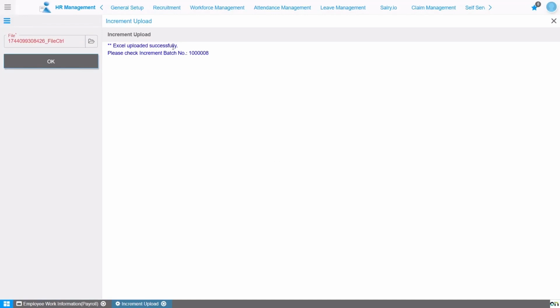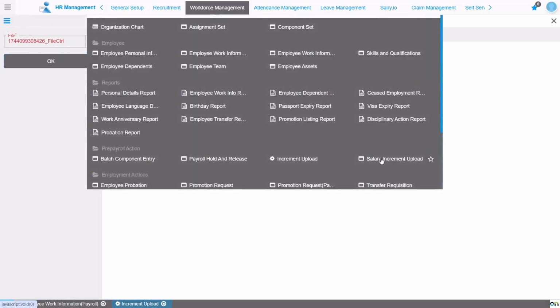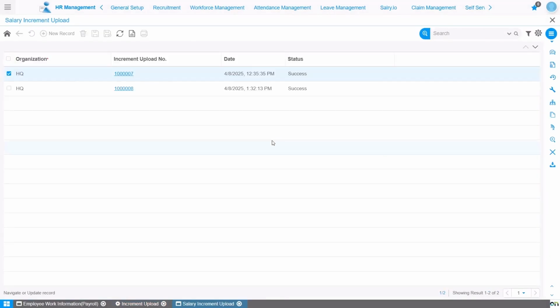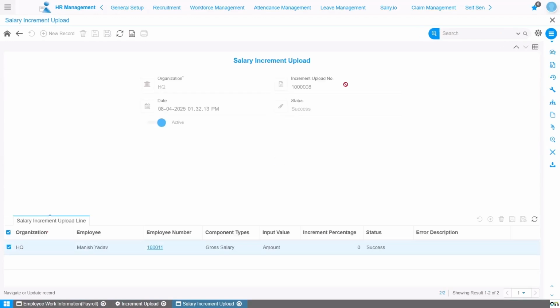number. So I will verify the details of the salary increment upload. I will go to the salary increment upload window. And here we can see one increment upload number with the file information mentioned in this window is automatically created in the salary increment upload section. So where I can see the upload number, the date when this process was executed, and what is the status